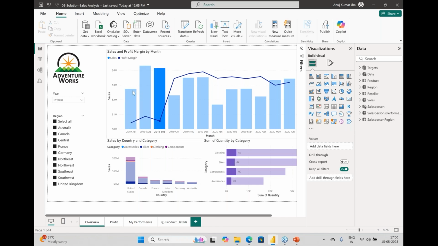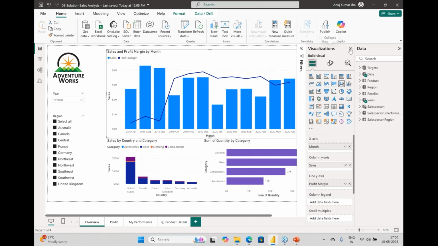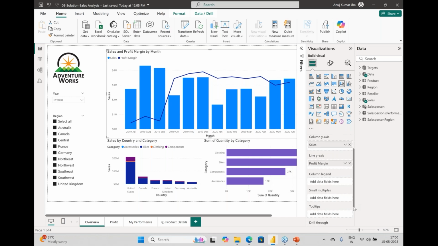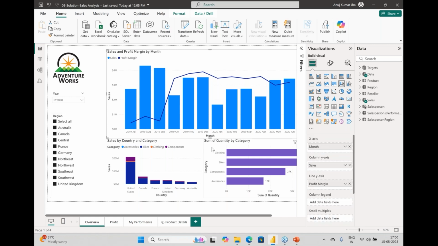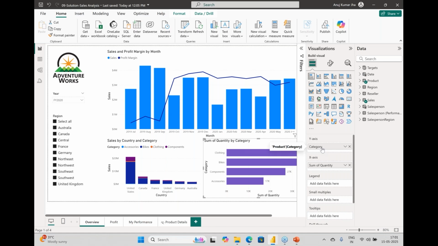See, there are these charts. If you see the visualization, the x-axis is the month, the column y-axis is sales, and profit margin is the line. So the average is being calculated as profit margin. I don't think I added any legend, right? No. Similarly, if you see this column chart, the category is the y-axis, and the x-axis is the sum of the quantity,